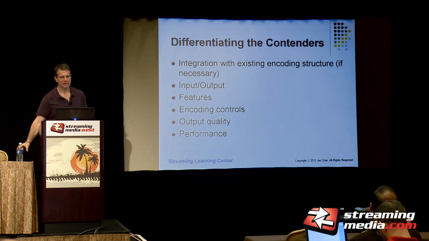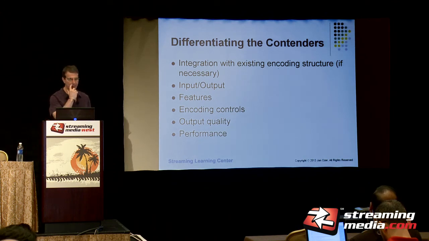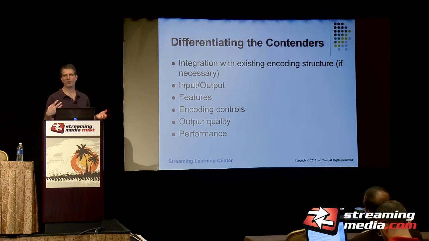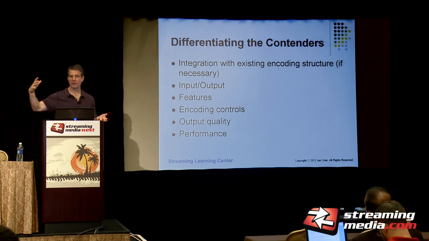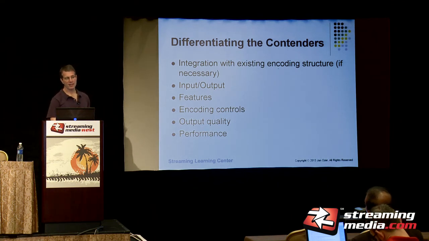How do I differentiate the contenders? The first thing I do is look at my existing encoding structure. If I have a bunch of Elemental servers, I want to make sure that whatever cloud provider I use is going to be able to integrate all that into a single control interface. If I've got a bunch of Sorensen Squeeze instances or Sorensen Server or Telestream Episode Pro, I don't really care because I'm not going to integrate the two. So number one is, do I need to integrate? Number two,